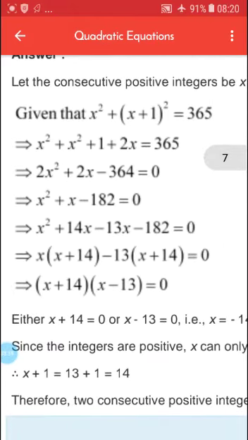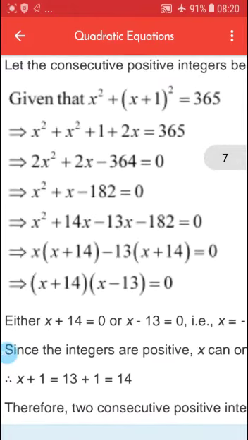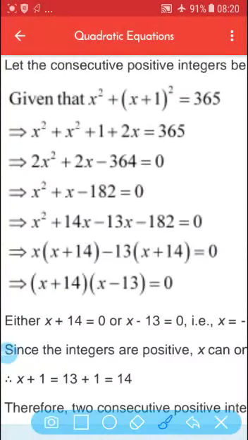Now let us solve. And solving is not a big part. We know how to solve. When we get the equation, it's very easy to solve. So the sum of the squares of two consecutive positive integers is 365. So our integers are x square and (x plus 1) square. So this becomes 365. Let us solve. Expand this using (a plus b) square, x square plus 2ab plus b square, is equal to 365.